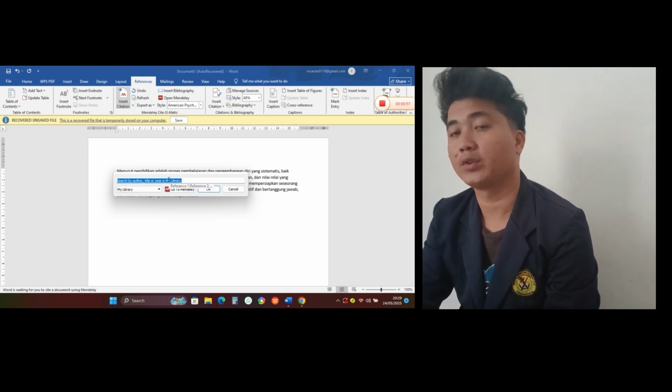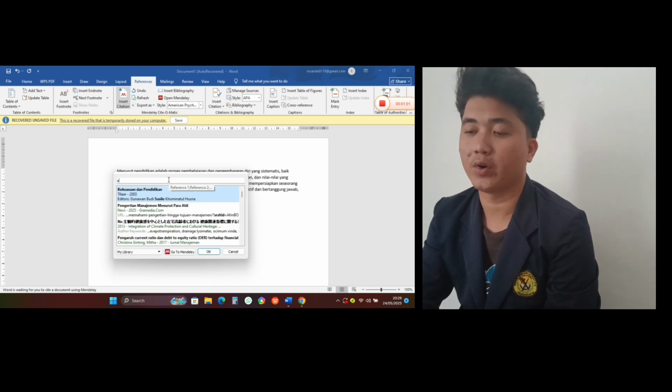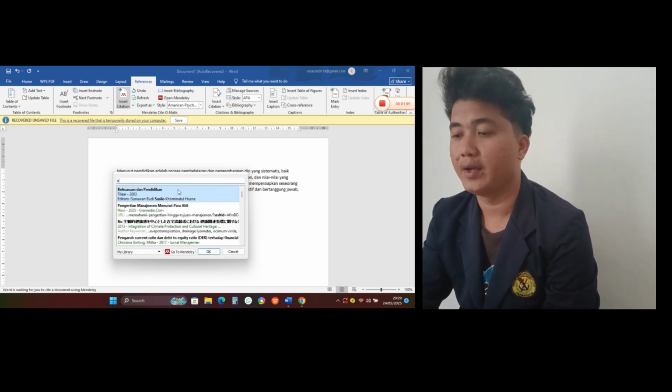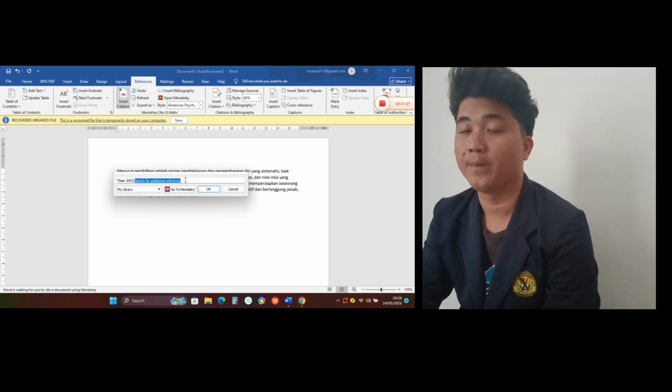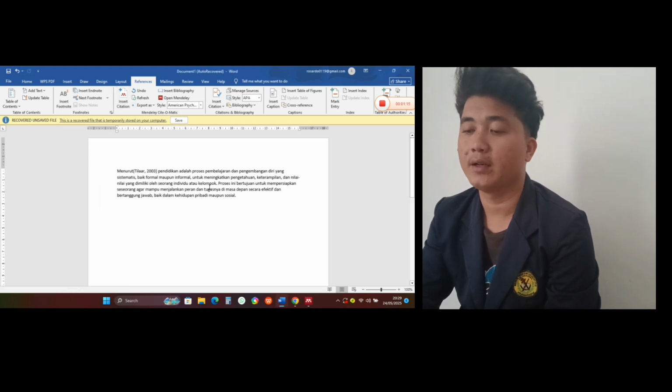After that, type the name of the author of the journal or book, then the Mendeley entry that we want will appear, then click okay, then the citation will be successful.